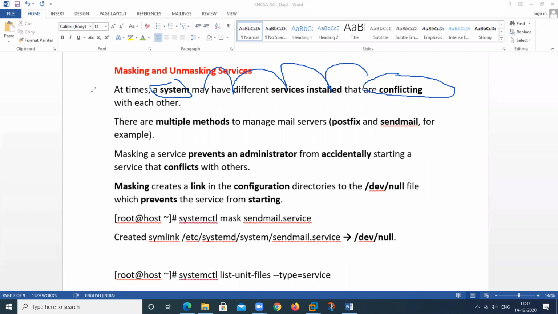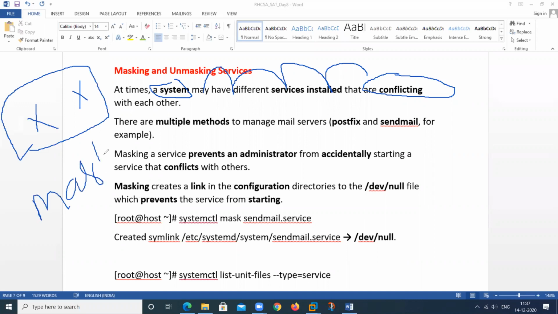If you want to start it, it cannot start. If you start this at booting time, it cannot start. So this concept is called mask. If you want that it not start at the time of booting, it cannot start at the time of running.